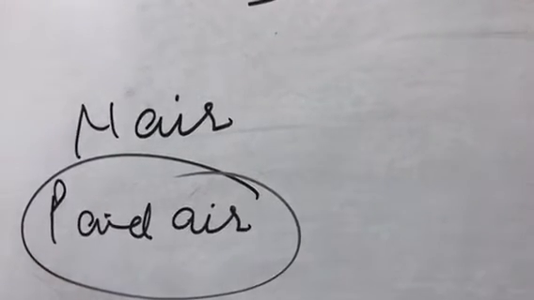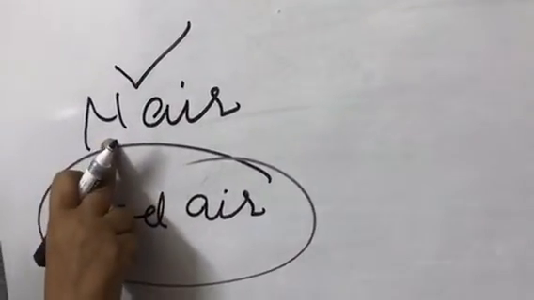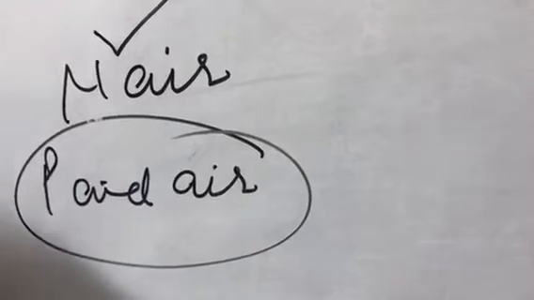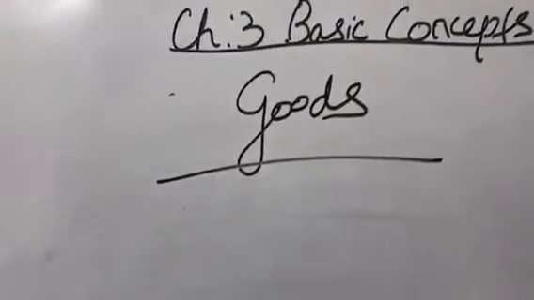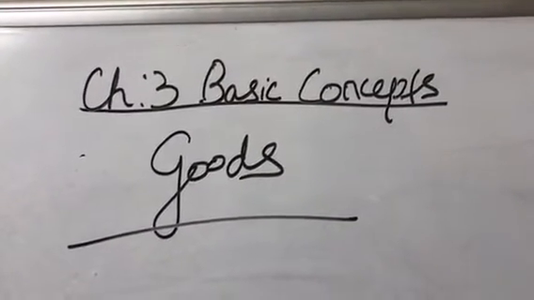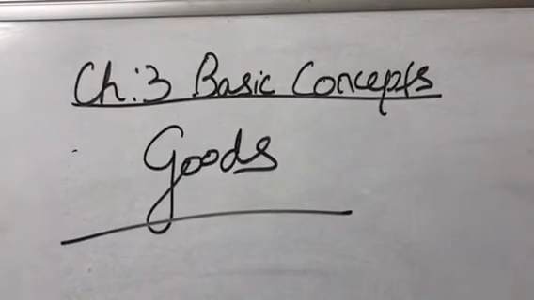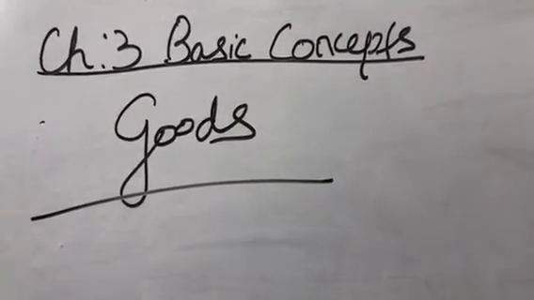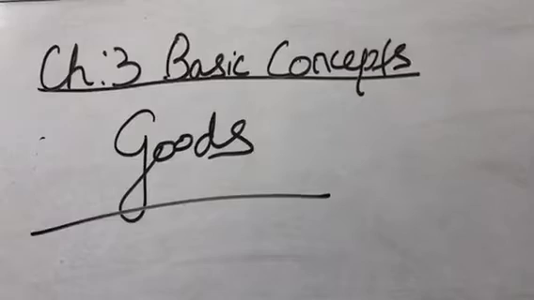So students, in economics, we are not going to study that type of air which is natural, which we get from nature. We will discuss that type of air for which we have paid. Now, utility is a new term over here. Utility means its usefulness, the benefit of the air. Both airs are beneficial for you, but for one an exchange has taken place, while for the other type of air no exchange has taken place.